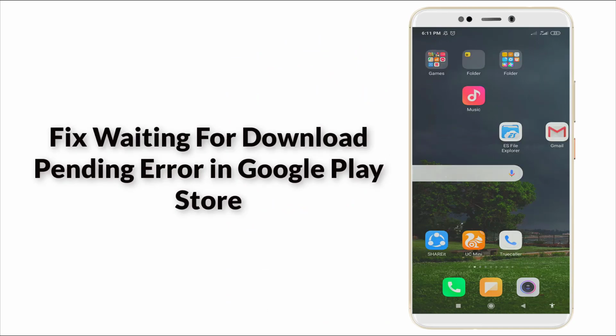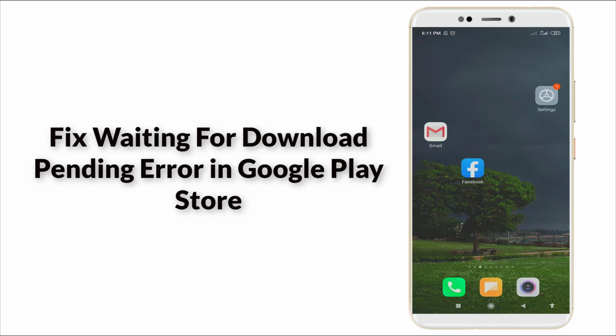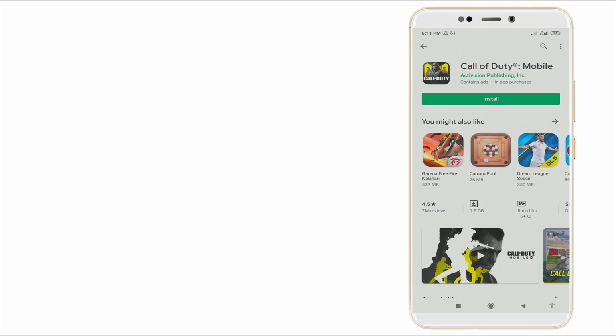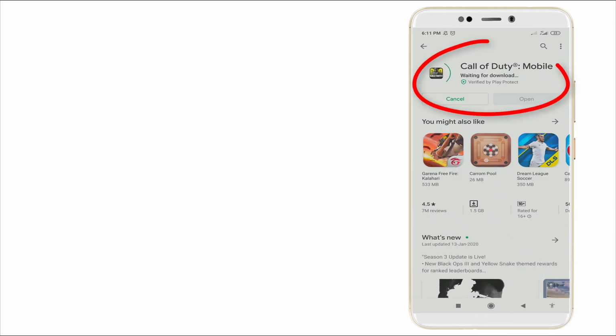Today we are going to see how to fix app is not download from Google Play Store. Yes, it was a major error in Android mobiles. Now I'm going to check right now. I'm opening and click install option. You can see now it's loading right now, waiting for download. It's loading right now. It's not installing, so